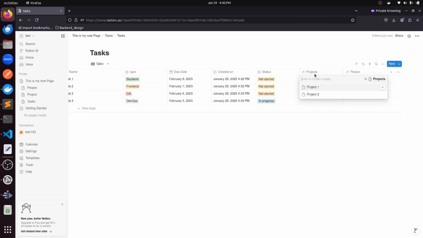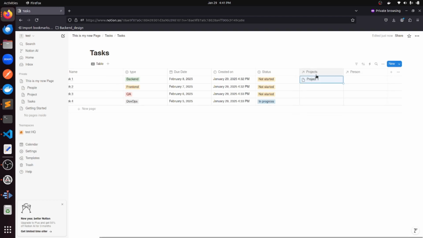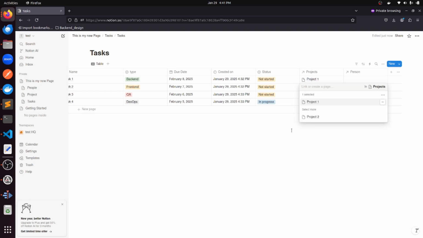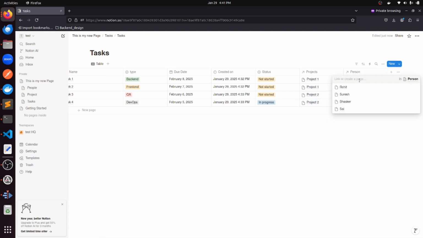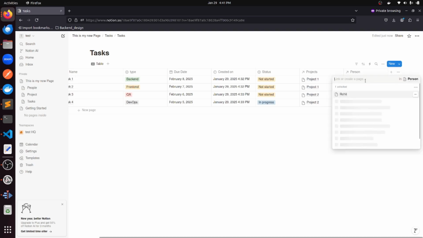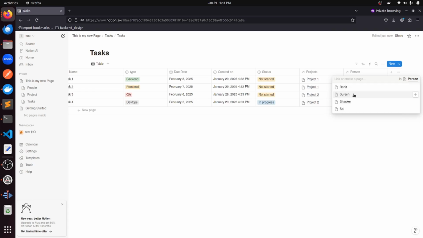So I will basically get all my projects, and I can pick, okay, this task belongs to project 1, this task is belonging to project 1, and this belongs to project 2, and this belongs to project 2. And similarly, after creating this relation I will get all the persons. So I can assign these tasks to persons. I can remove it, and I can reassign it to somebody else. So let's say Oscar,